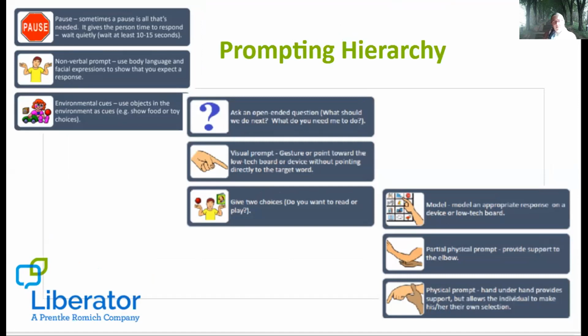So how do we support them with their hand to actually press the device? If you're looking at somebody with alternate access, your prompting hierarchy might be a bit different. So it might be about holding the switch there and tapping it against their head so that they know, oh, that's a physical prompt for a switch activation with your head. Or if it's an eye gazer, you might actually be using a little